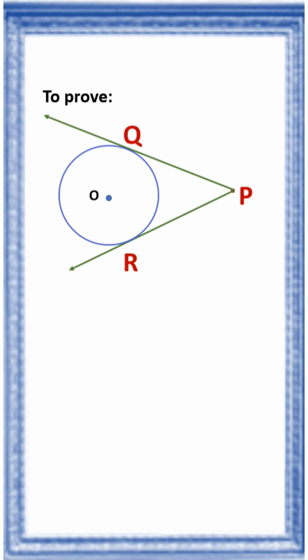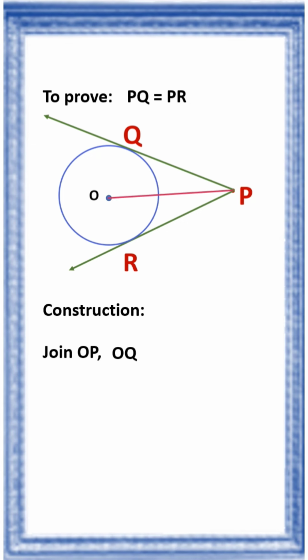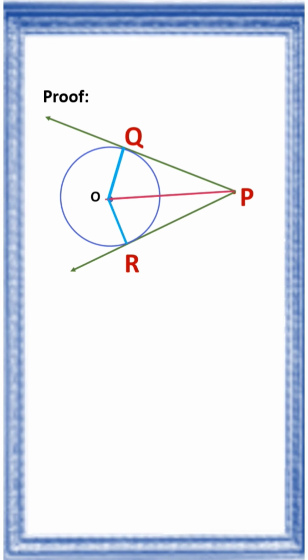To prove PQ is equal to PR, that means the tangents are equal in length. Let us do one construction. What is that? Join OP, OQ and OR. Now we have two triangles, triangle PQO and triangle PRO. So in triangle PQO and PRO,